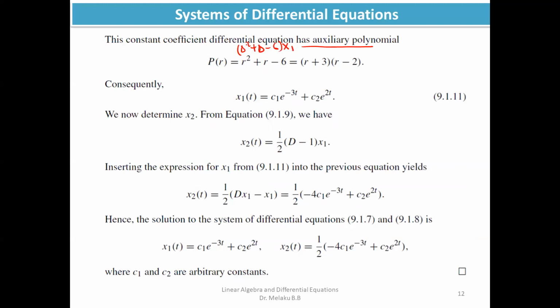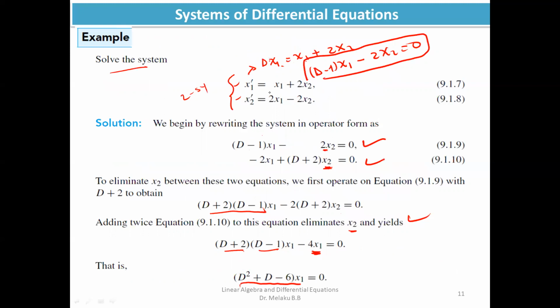Therefore, instead of d squared, we have r squared plus r minus 6. Upon factoring, it will be r plus 3 and r minus 2. Therefore, the general solution, as you know, is c1 times e to the power of minus 3t for the first, and c2 times e to the power of 2t for the second. Once you obtain this solution, x1(t), we can go back to equation 9.19 here, because we obtained x1,